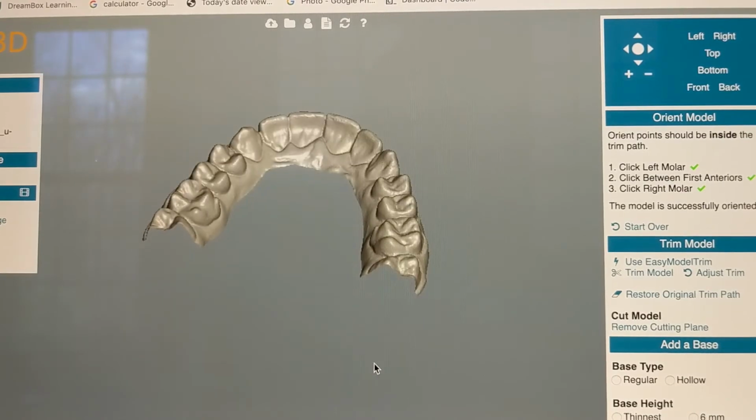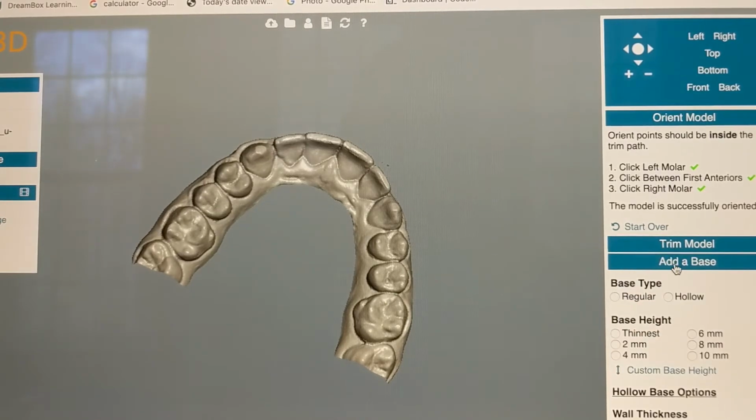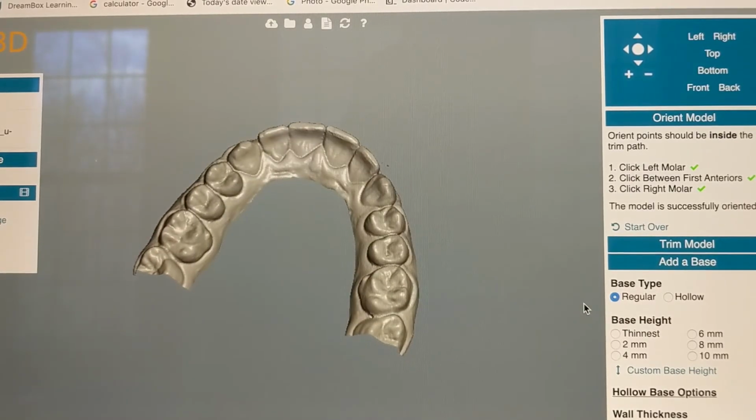And that cuts that off. So now that is a flat plane connecting those, because we did a cutting plane there. Okay, now I'm going to go back over to this box window over here, click that to minimize it. Now we're going to add a base. So let's do a regular base. I don't do a hollow base. I feel like it's more accurate to do a regular base. So we just click on regular